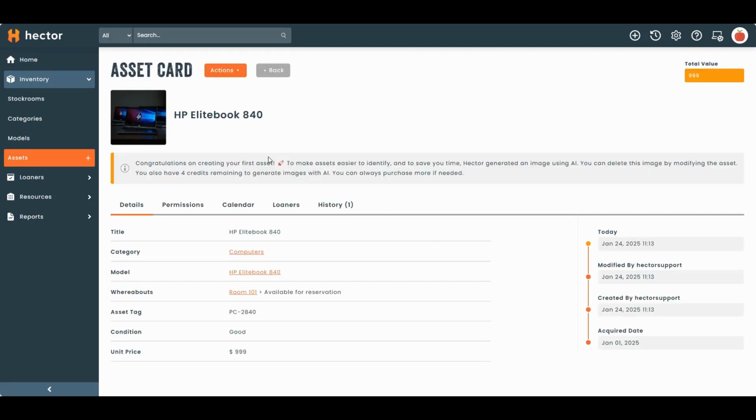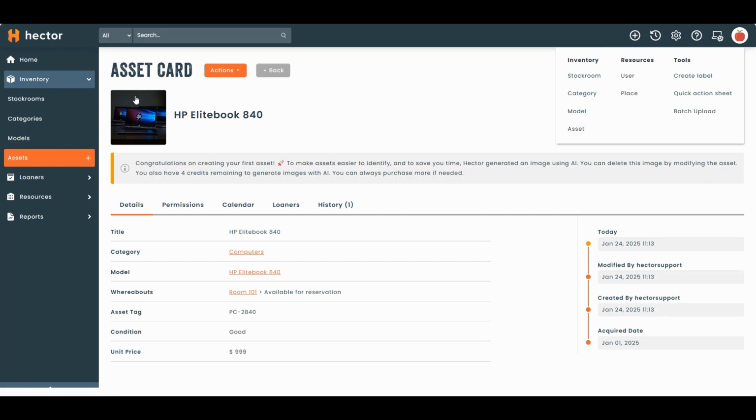Once we've created our asset, we'll see that Hector automatically generated an image for our asset, as well as the information that we provided has also been filled in. Last thing that I want to show is that if you want to create an asset moving forward, you'll either do so with the plus and then selecting asset, or you can also do it from the inventory menu and